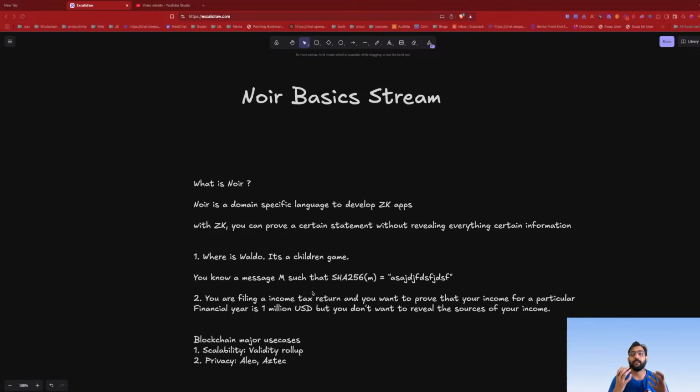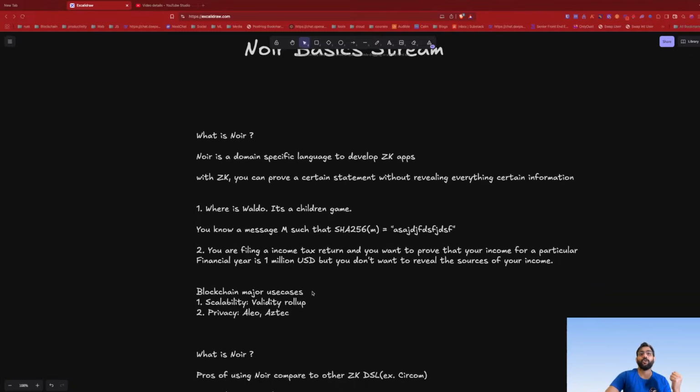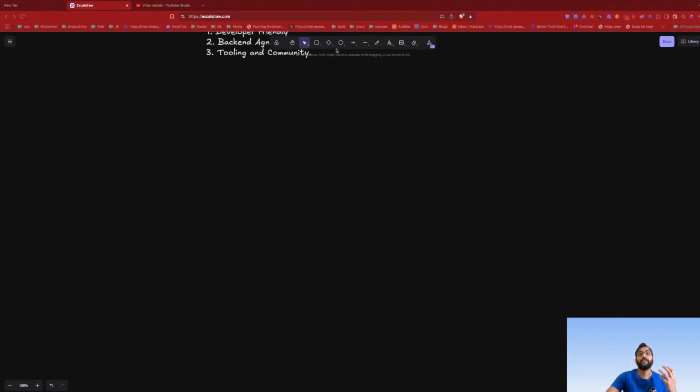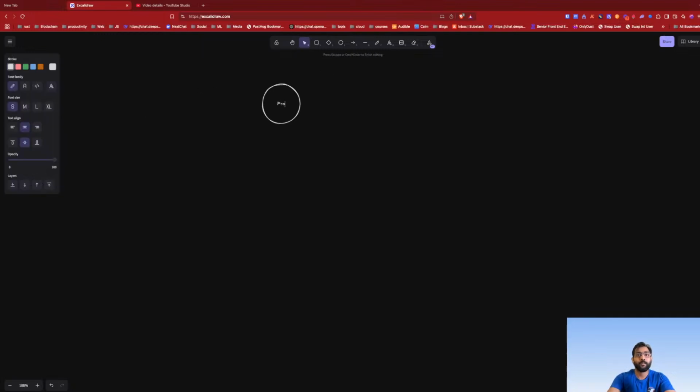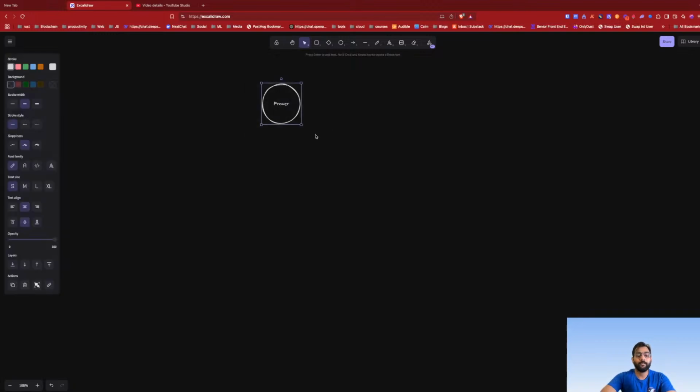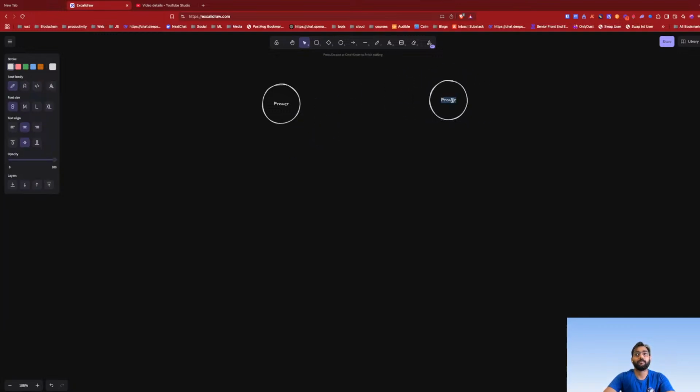ZK is basically a technology with which you can prove a statement to somebody without revealing all the information, without revealing all your secrets. This is what ZK, or zero knowledge, represents. In zero knowledge, there is always a prover and a verifier.